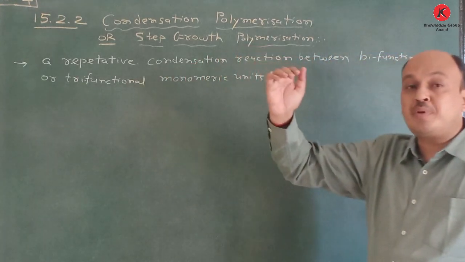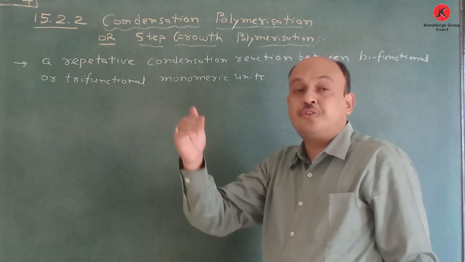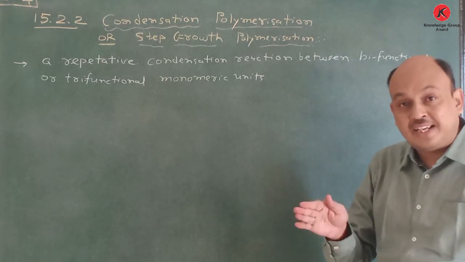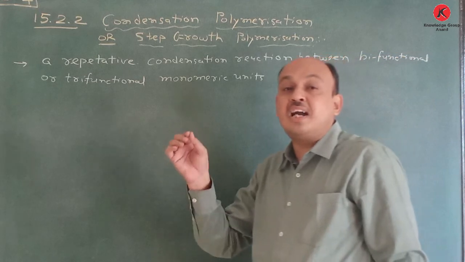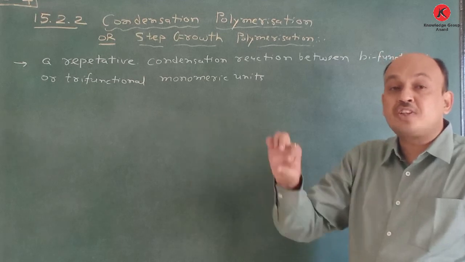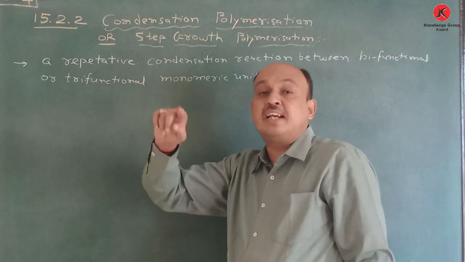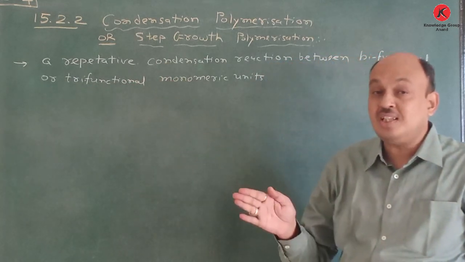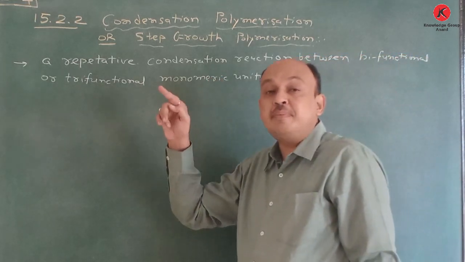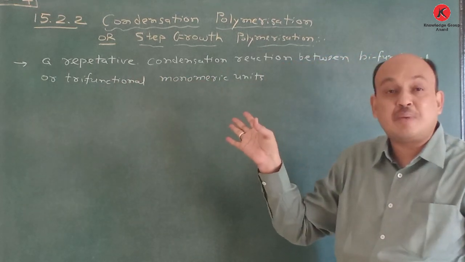Just suppose we learn about bifunctional at a time. Suppose a number of molecules of adipic acid, so the formula is COOH (CH2)4 COOH. This is the formula of adipic acid. And a number of molecules of hexamethylene diamine. So here bifunctional means what? COOH on both sides, that means it is present at both ends, that's why it is considered bifunctional, as well as in hexamethylene diamine, NH2 (CH2)6 NH2. So here NH2 is also present two times, that's why it is considered bifunctional.